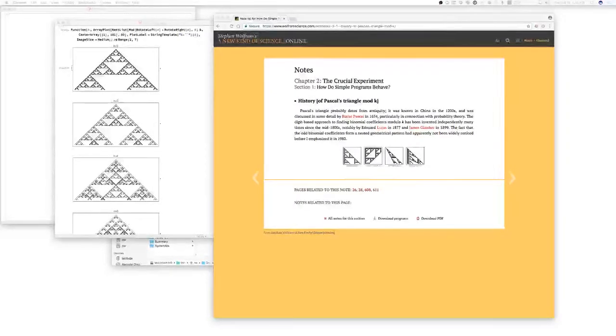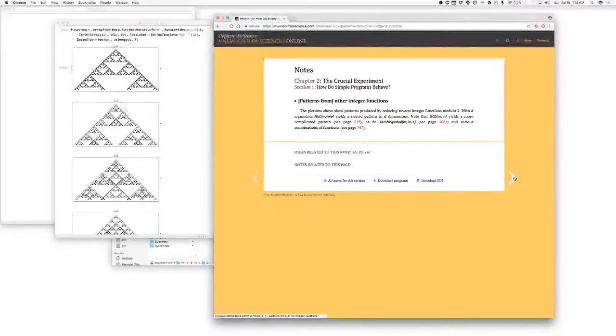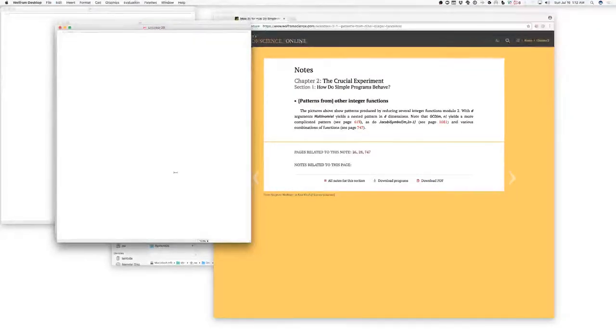I wonder how that happened. It's probably when the book was converted, those wound up on the wrong page. Anyway, so let's go to this page. That is other integer functions is the name of that page. So let me go ahead and say